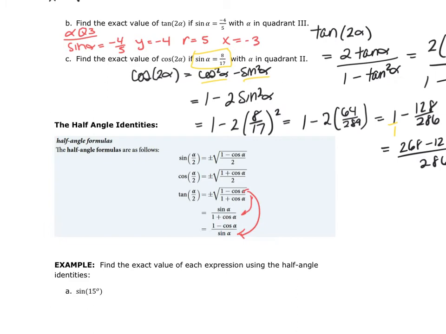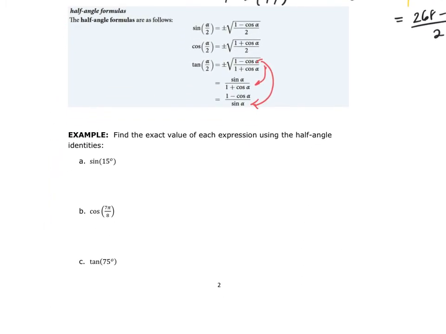So that's how I got those other values. Now, if I want to find the exact value using the half-angle formula, I want to think about what alpha divided by 2 gave me 15. And the answer is alpha must have been 30 degrees. So I can rewrite the sine of 15 degrees as the sine of 30 degrees divided